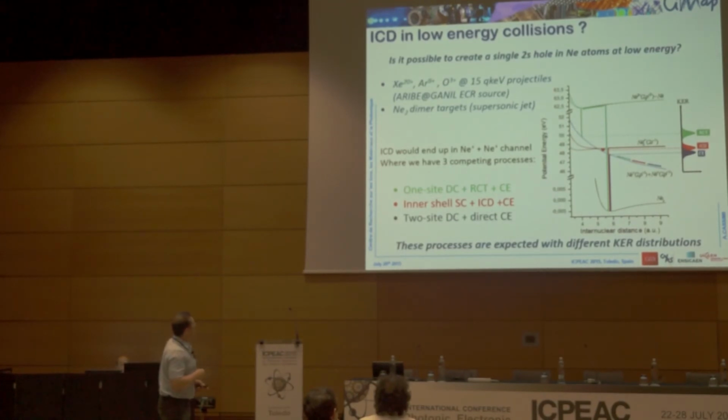That's what I was saying here. I don't know if I will come into this, but again, the kinetic energy release spectra will help you to sort among the three processes that you have to deal with, which are the Coulomb explosion, capture of one electron on each side; the RCT, which is capture of two electrons on one side and then electron transfer between the two atoms; and then the ICD, which is a 2s hole and then an Auger effect, which needs the two atoms to play a role.